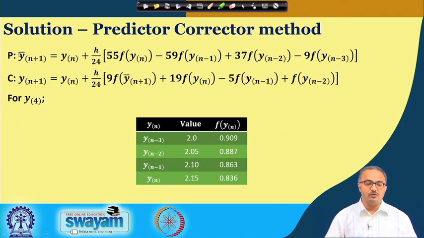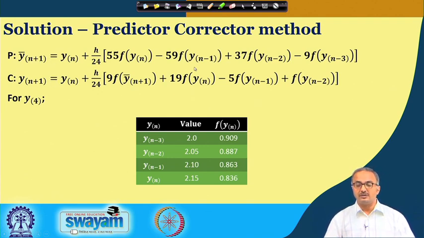Now, here you find this is written with an overbar. Once we know this value, it is taken for the corrector method, which, you can again see, is implicit in y n plus 1. So, here is y n plus 1, the corrected value, and this is y over bar n plus 1, which is obtained from the explicit expression. So, this is the corrector equation, and that is the predictor equation.